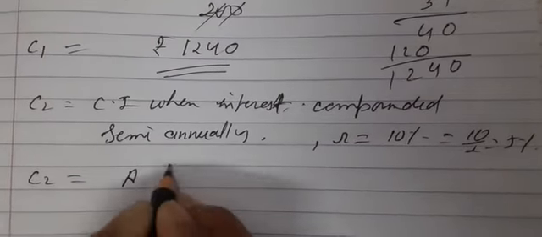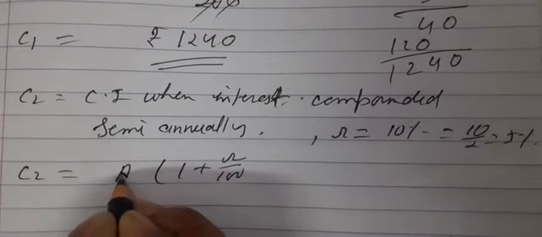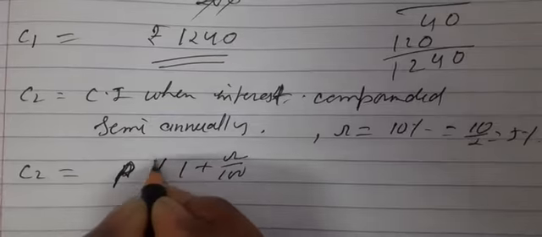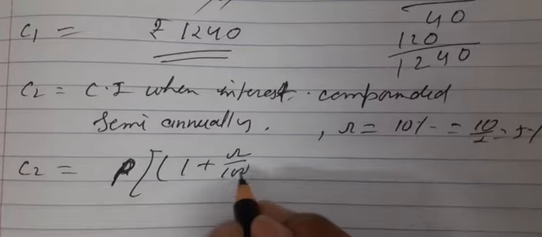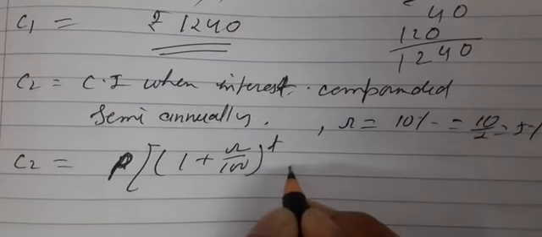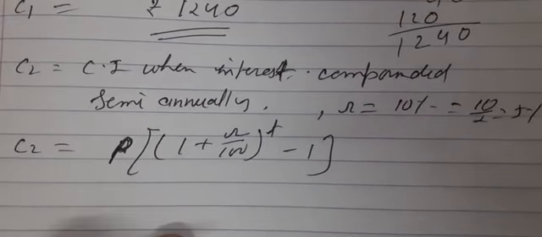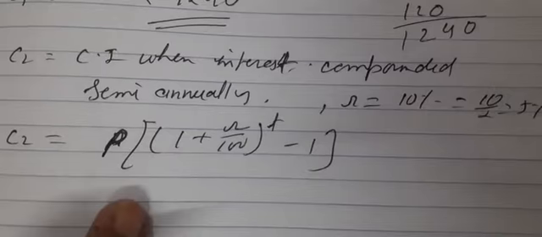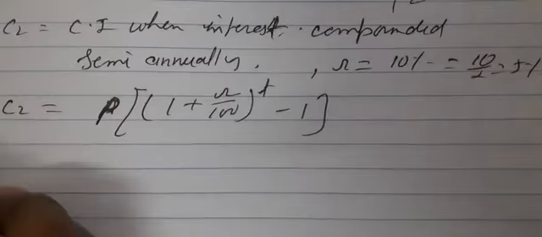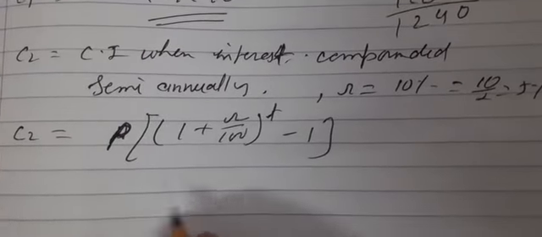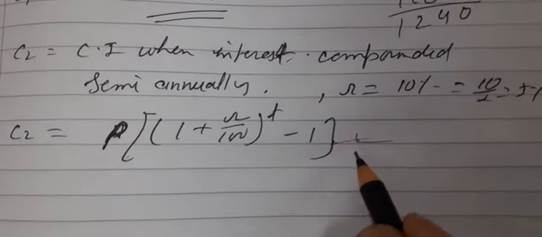So now what? C2 is equal to P into 1 plus R by 100 to the power T minus 1. It is P, not A, because we are trying to avoid the amount directly, we are using the principal formula. If you are confused about the formula, please go and see where I have given the concept of the formula about the compound interest, and that is my first video for exercise 2.2. You can see it on my channel, and my channel name is Let's Learn with RK. There I have explained when we are using this formula, when we are using the formula of amount.